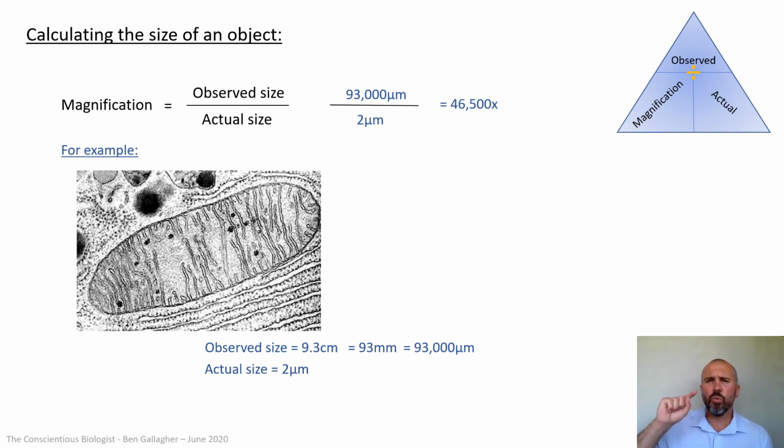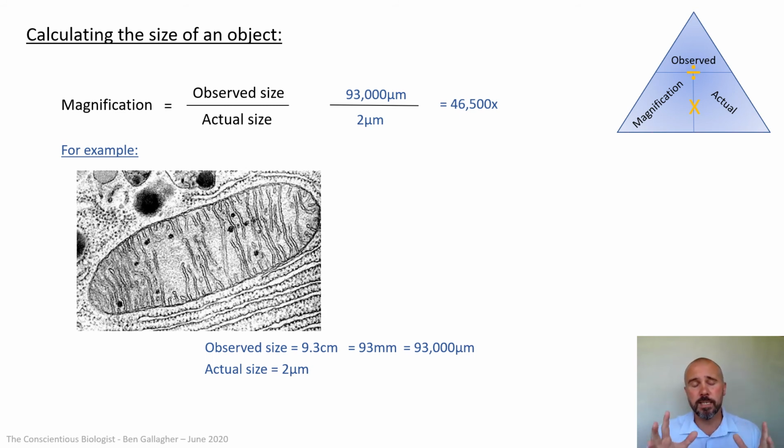Okay. What if I wanted the observed size? What if I knew the magnification, I knew the actual size, but I didn't know how big the image was? Well, that line going down is like a multiplication. So that would be magnification times actual would give you the observed. So whichever one you want, you cover up, and you just look at what the sum is for the other